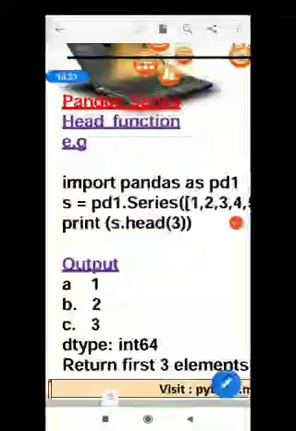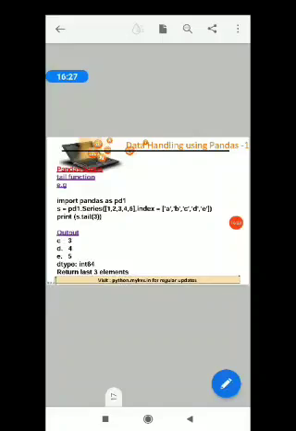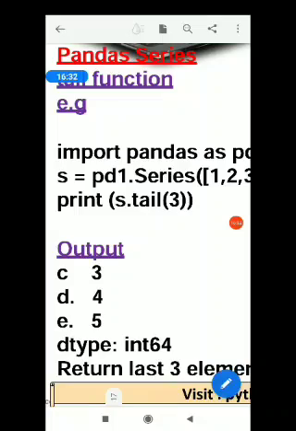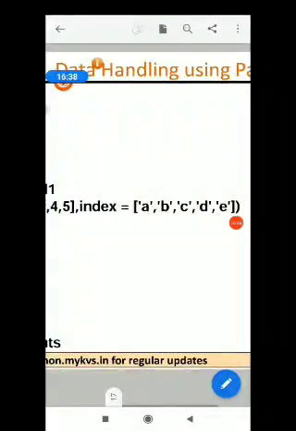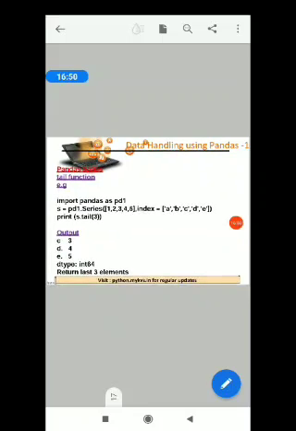Okay, so this is the program, how to use the head function. Proceeding, the tail function, very easy. If you write S dot tail, only the last 3 data it will show. So please copy the program and run it in any of the editors, Pydroid or QPython 3L. Okay, so today I showed you how to create a series from a dictionary, and the functions head and tail, the mathematical operations, etc.